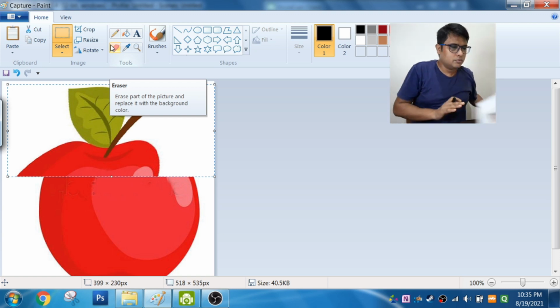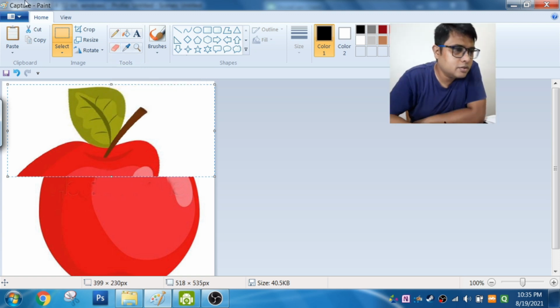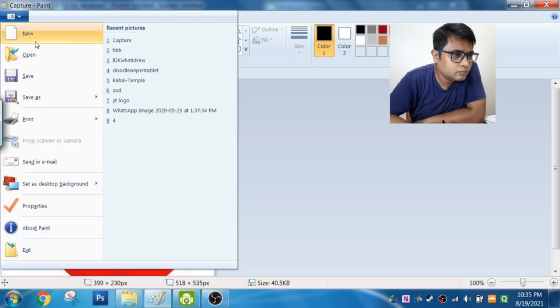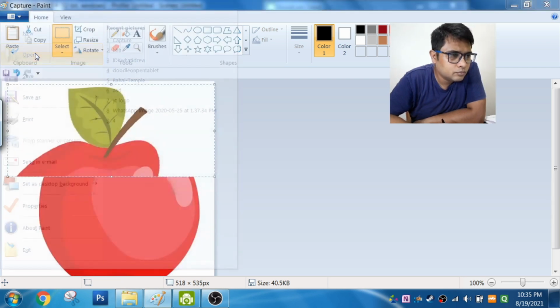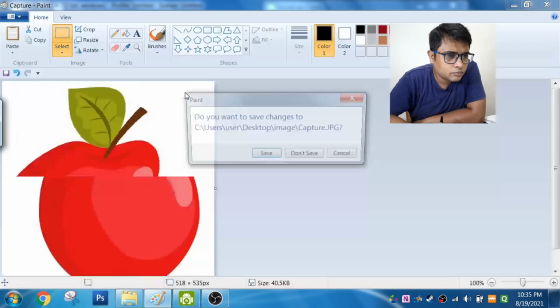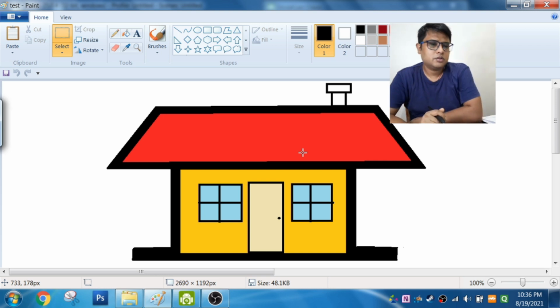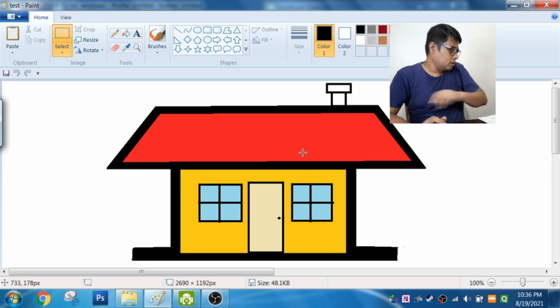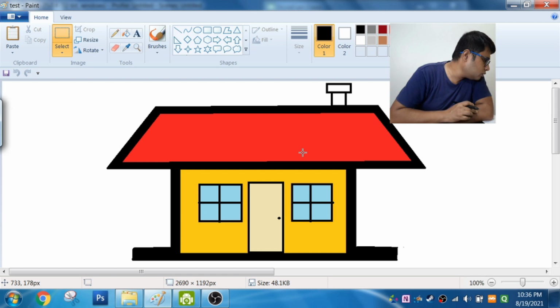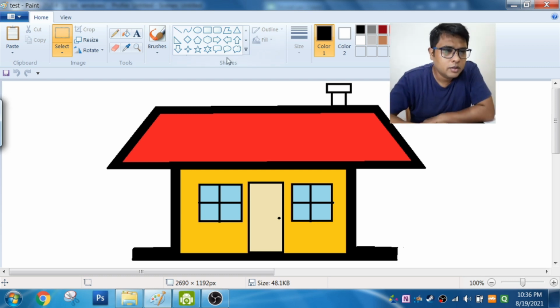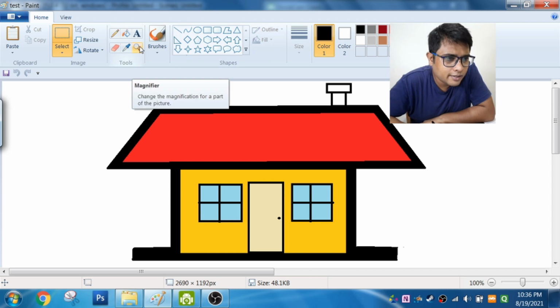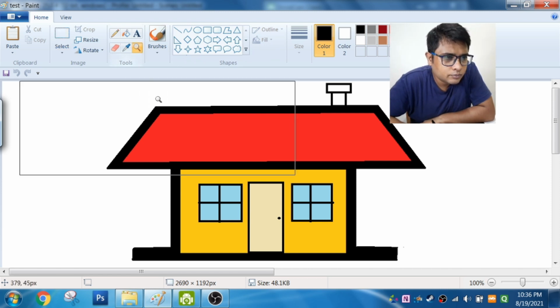Now suppose I will have to use another picture to show you. So this is a picture of a small house. Okay, now I want to zoom the house. So how do I zoom it? I click here and then I select the part I want to zoom.